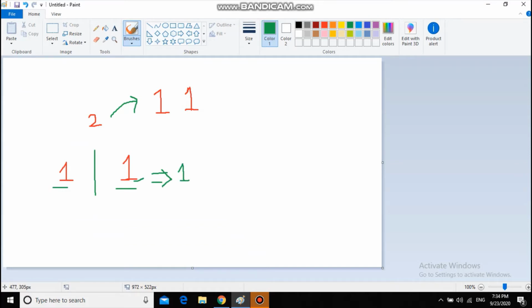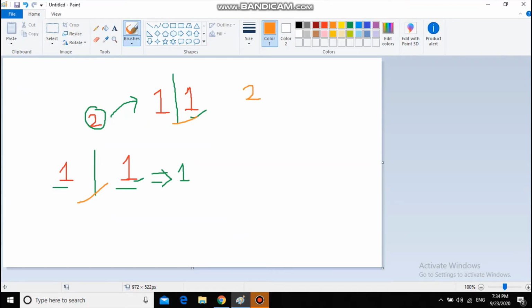So one comparison. But in case these both cubes are equal, then we know that the impure cube will be among the remaining. So we will compare the remaining ones. Now we will compare these two, and either of them will be impure, so we will get the impure cube. We needed one comparison for this and one comparison for this, so in total two comparisons.